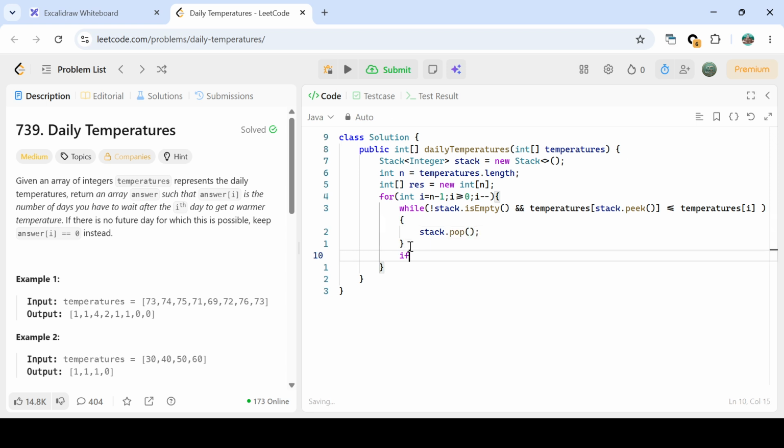And if stack dot size equal to 0, then we have to set result i equal to 0, because in that case we don't have any element in the stack, then we don't have any higher temperature. In that case we have to set 0 value,